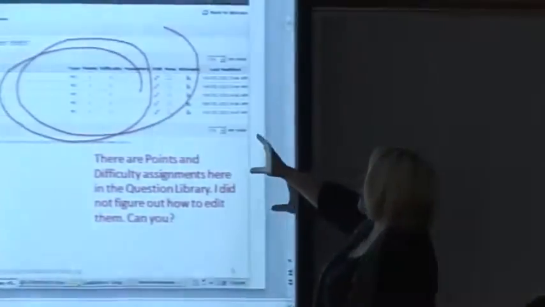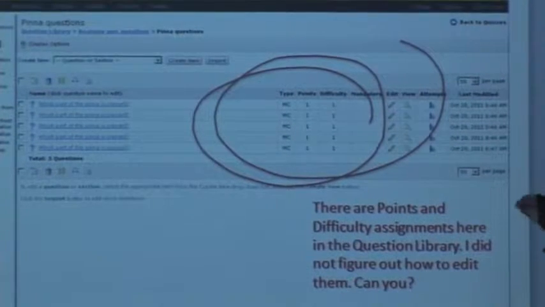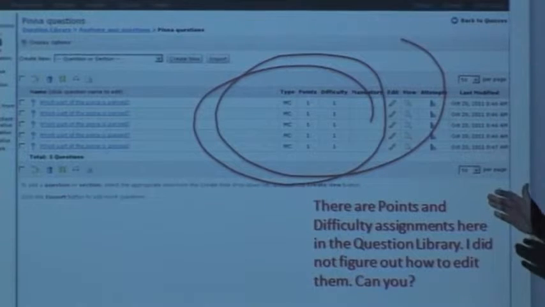The weighting is the thing that I failed badly on. Badly, badly, badly. So here's a look at the pinna questions as they show up in the question library. So I've gotten past that hurdle, and now I have my 5 different possible pinna questions in the library to choose